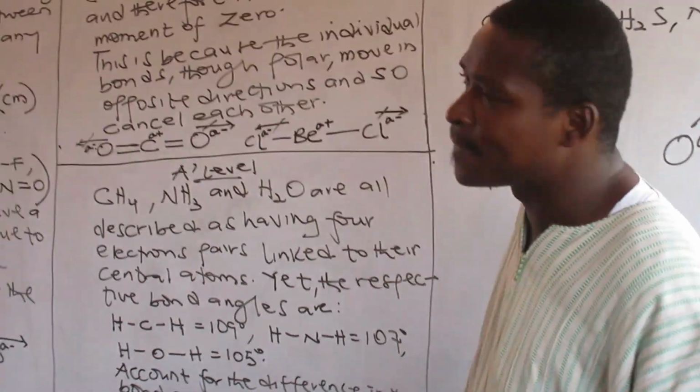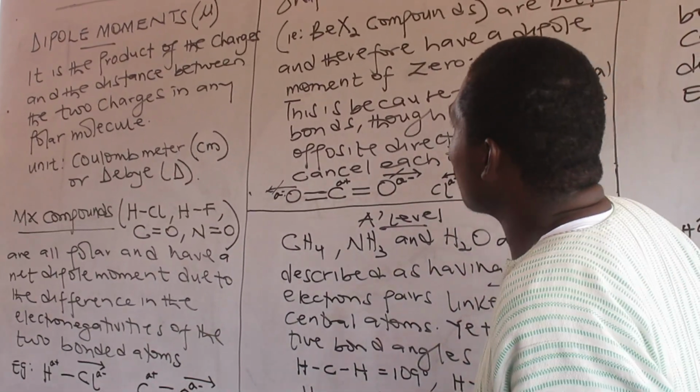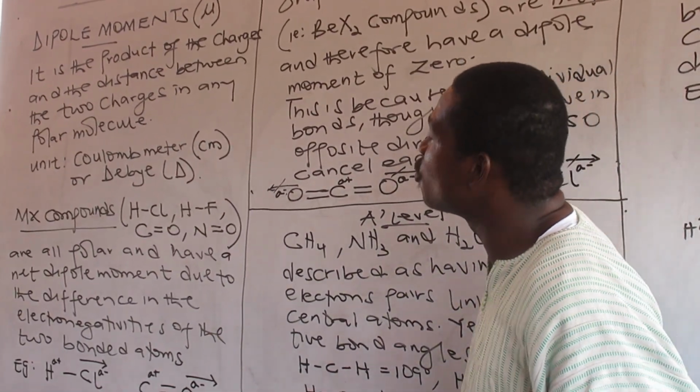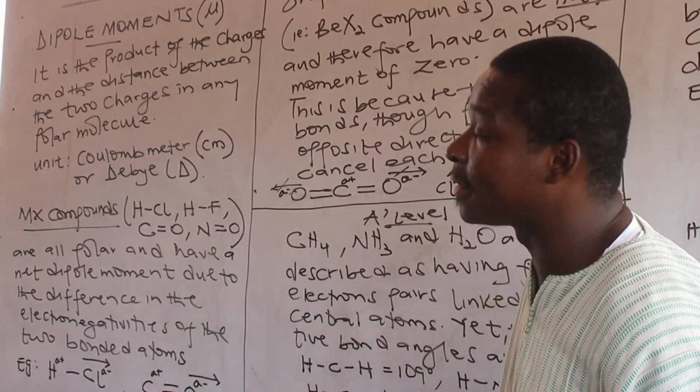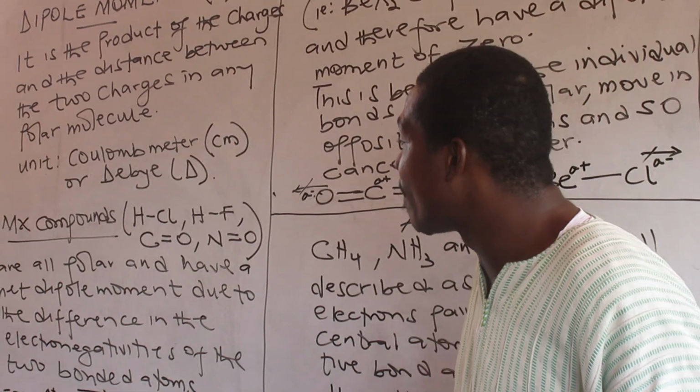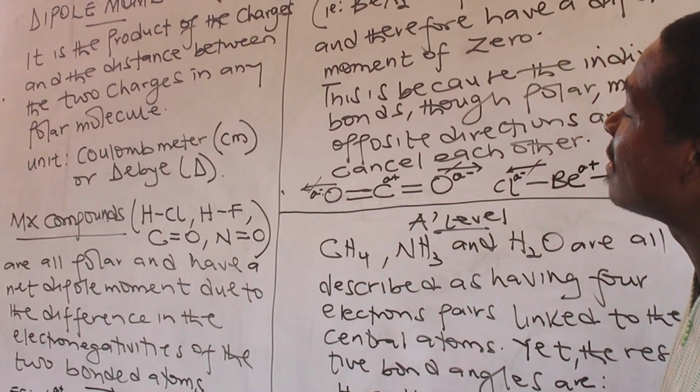Welcome to dipole moment. Dipole moment is the product of the charges and the distance between the 2 charges in any polar molecule. So the unit is thereby Debye, or coulomb-meter. Right? That means compounds like HCl, HF,